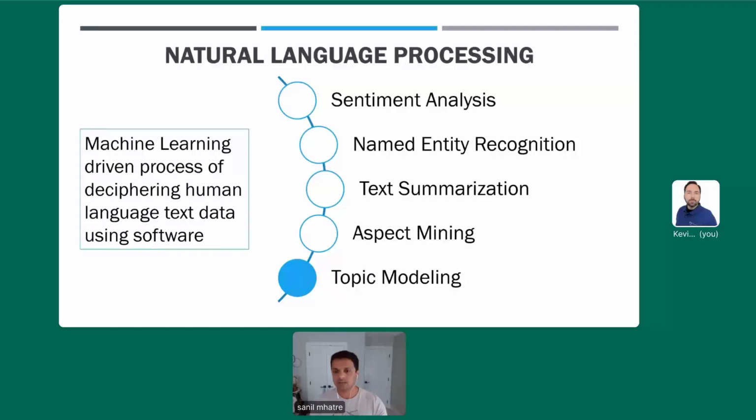There's sentiment analysis, named entity recognition, text summarization, aspect mining, and finally, last but not the least, topic modeling. That's the area of focus for today. I'm not going to go much into the details of what the other techniques are in the interest of time. But if you folks remember my previous session at your user group, we talked about sentiment analysis, which is the first bullet point here. So today we are going all the way to the other end of the spectrum and we're going to talk about topic modeling.